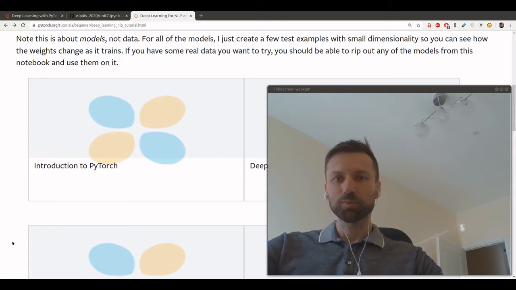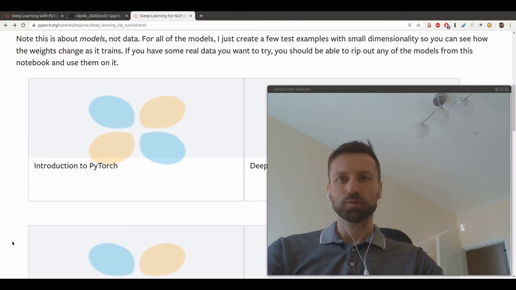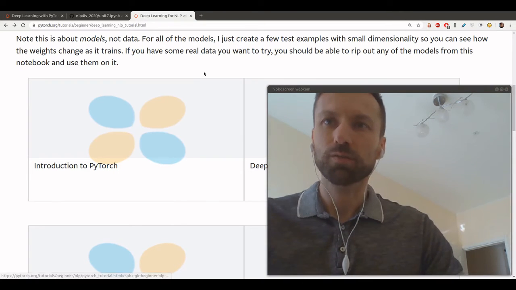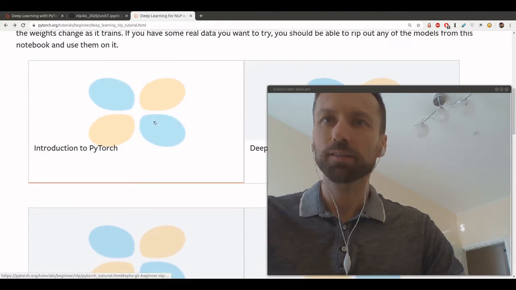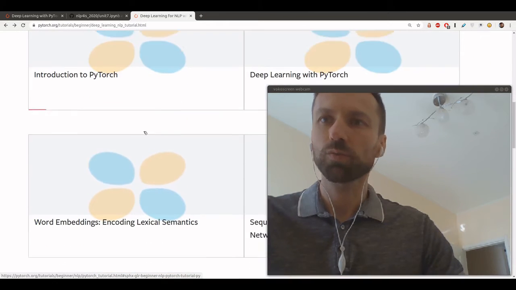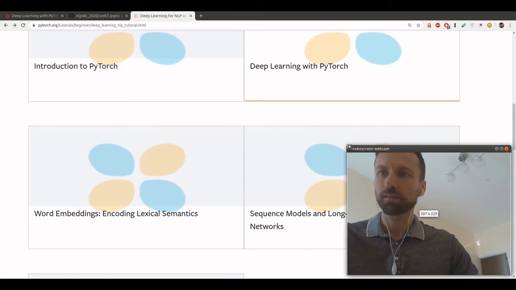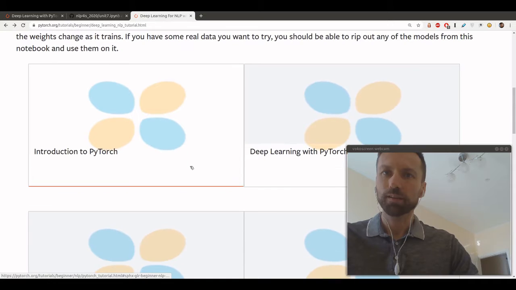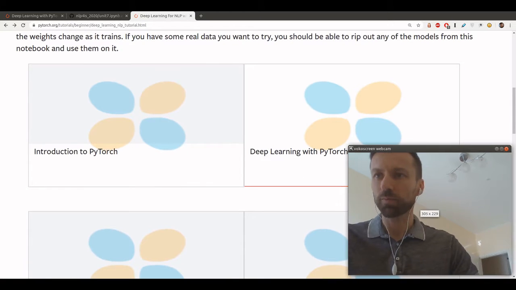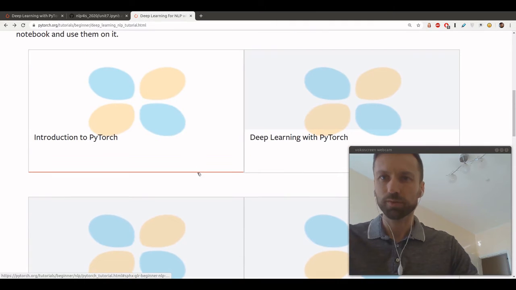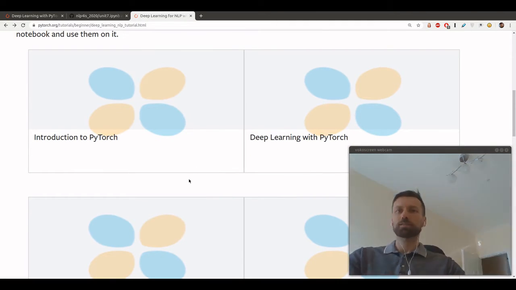Last time we were starting with our introduction to PyTorch, and we had a look at the first two parts of the online tutorial. We are using this online tutorial, which you can see here, and we had a look at introduction to PyTorch and to deep learning with PyTorch in the last unit. Let's have a very quick reminder and repetition, because we need what we learned in these first two parts now